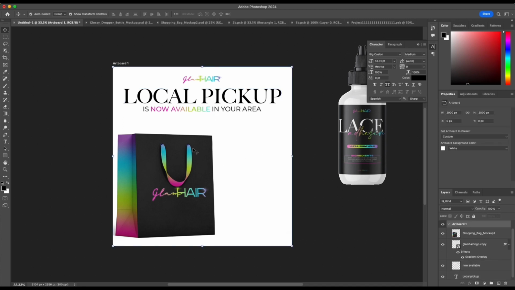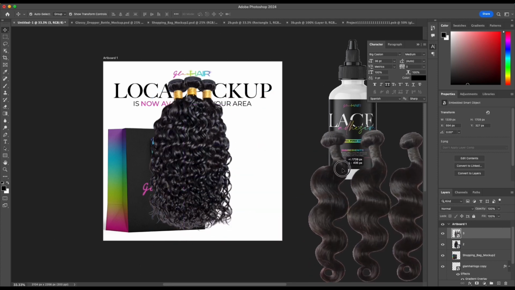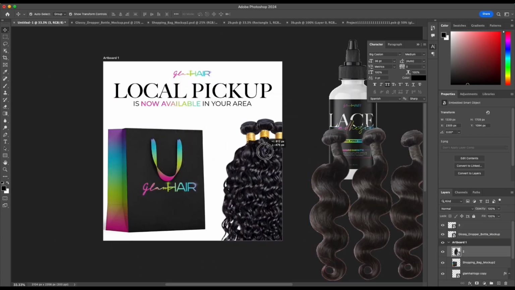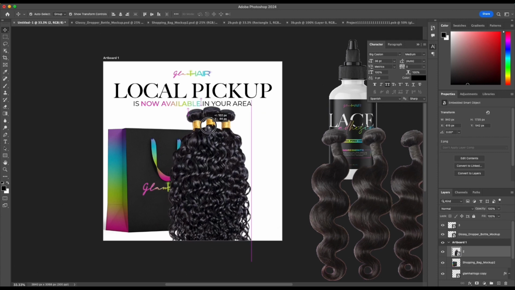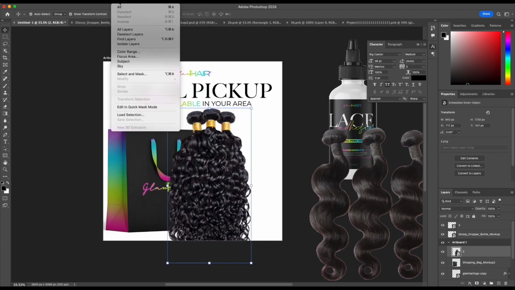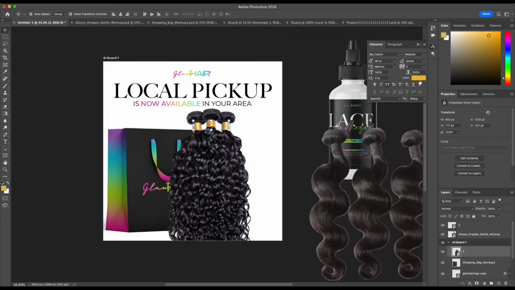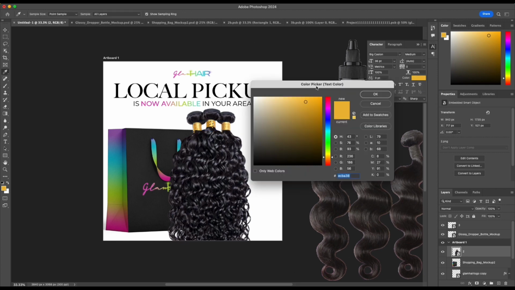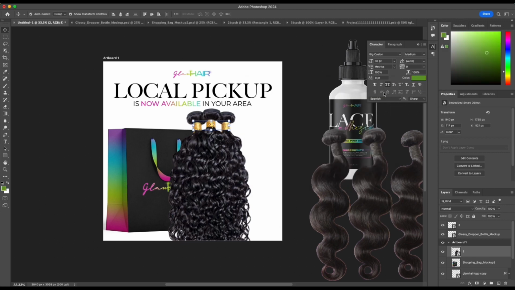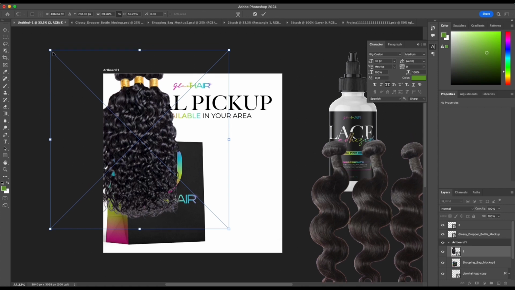But I'm gonna get those added, and then we're gonna place them in the bag. These are the hair photos. I wonder if I can change the color of these, because I just be doing stuff. Okay, so select color range. If I can change this, that would be great. Okay, no. Not gonna fight with you. Yeah. So I'm just going to